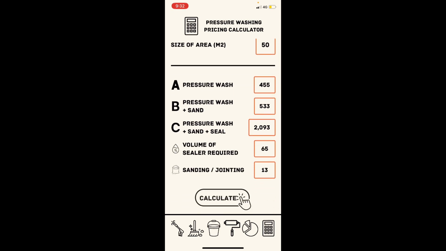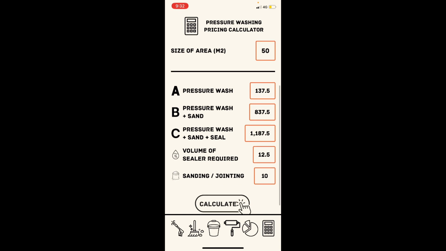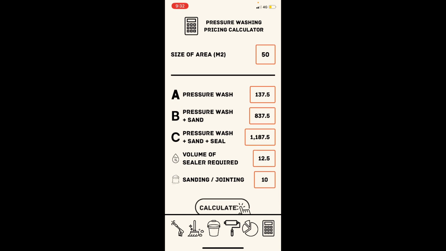So as you can see, the numbers haven't changed. This is because the calculator has a memory. So what you're going to do is hit that calculator button. It will recalculate everything for you. So it's generated a price here to pressure wash 50 square meters based on your pricing we set in the other screens,